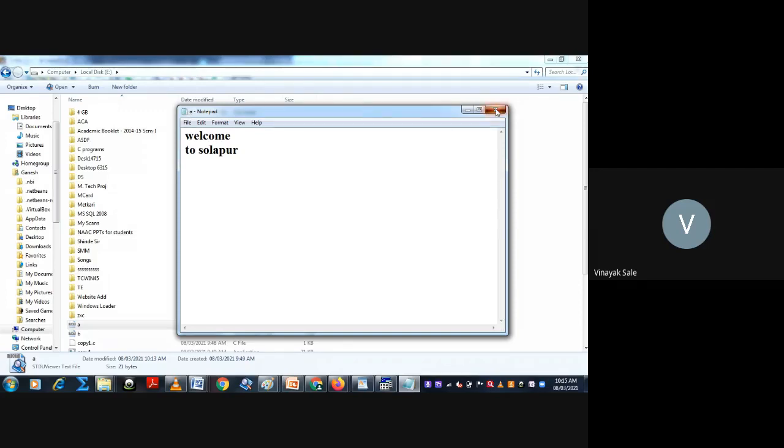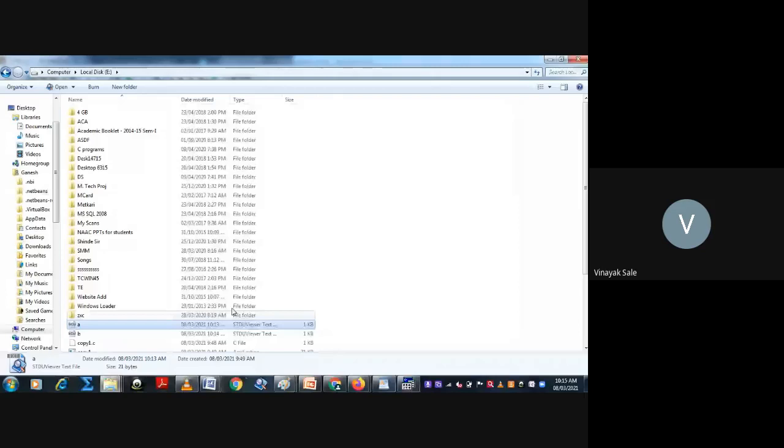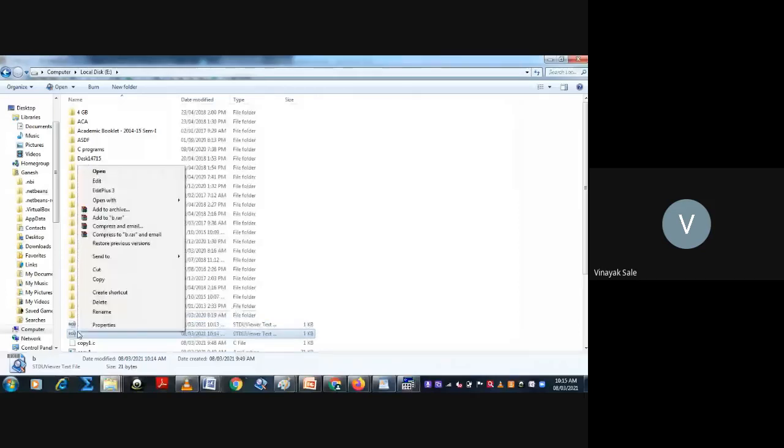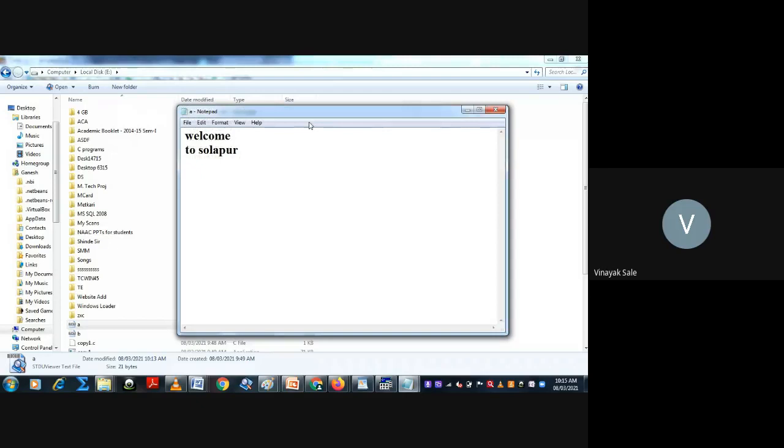And I will open the target file. Here you will see the target file is B, and here the source file is A.